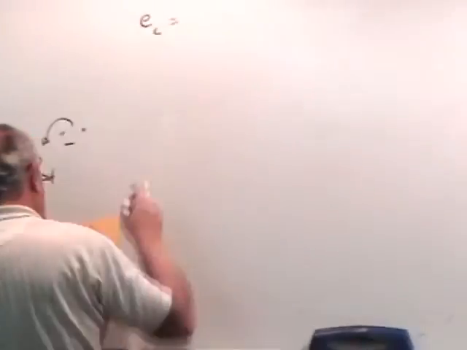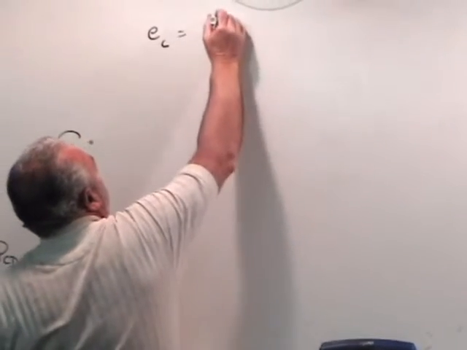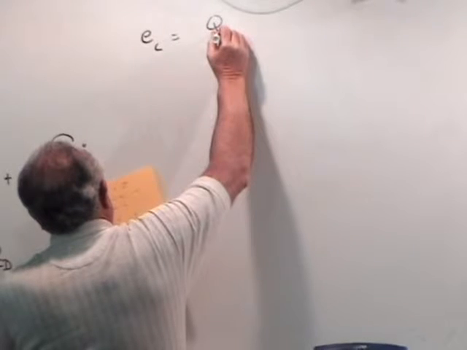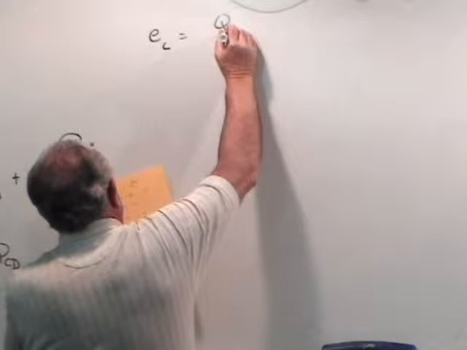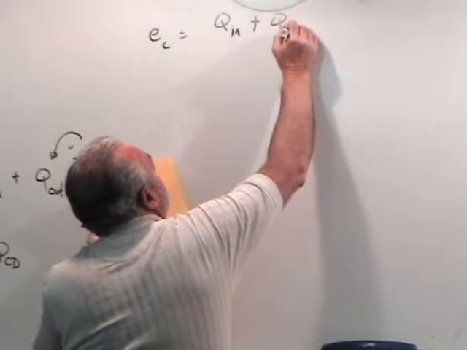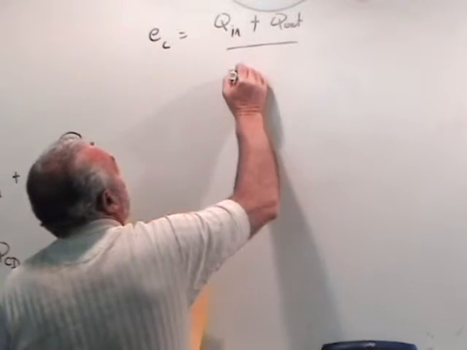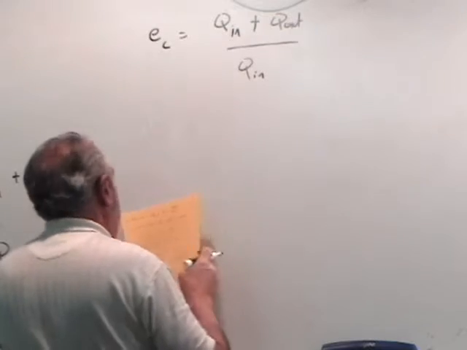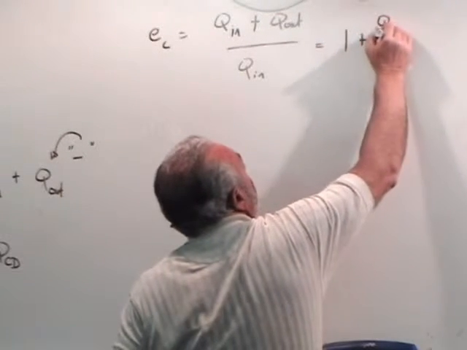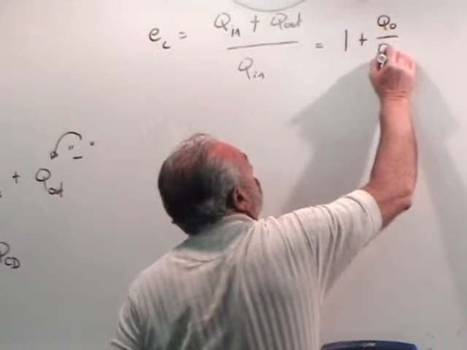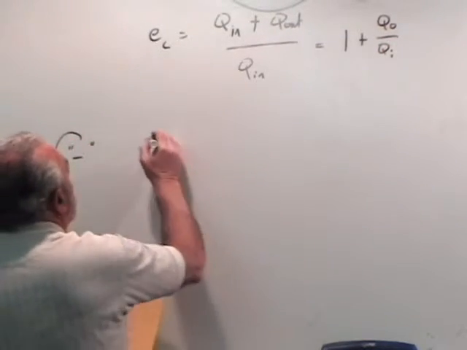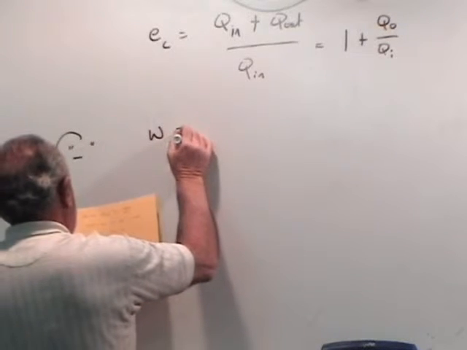E Carnot is going to be the work done, Q in plus Q out, divided by Q in, which of course is 1 plus Q out over Q in. And work is going to be